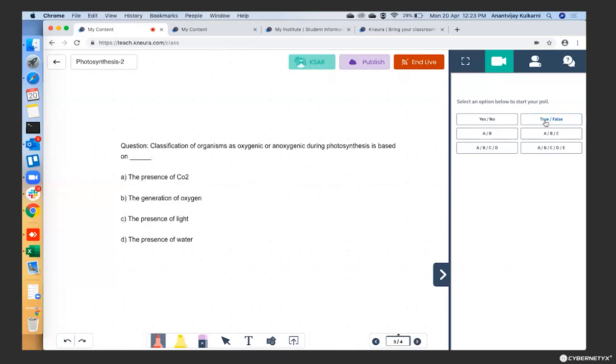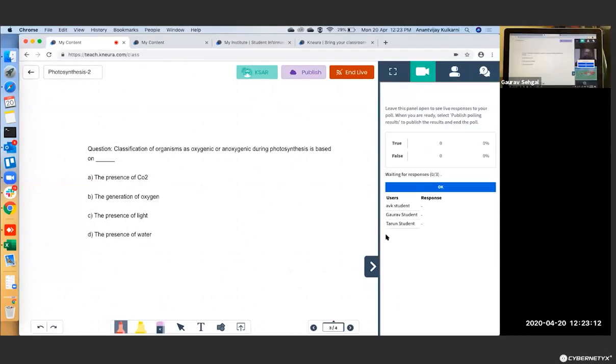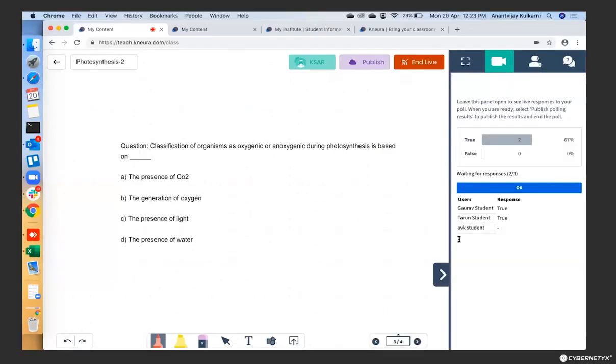Let's say I can now bring up another question and ask, is this true or false? Again, they get a poll, right? All the students on the screen get this polling option and students answer. If you see here, 2 students have answered on my screen. 2 students have answered true and 1 student has answered false. This way I will be able to gauge what percentage is right and what percentage is wrong. And depending on that, I can take an educated call on whether I should reiterate or go to the next topic.